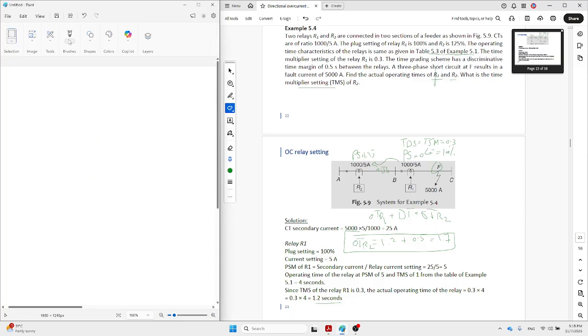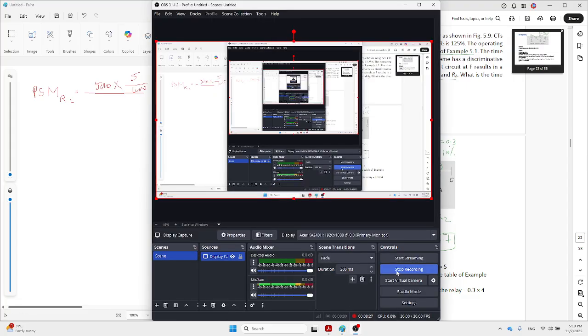We should find out the PSM for relay 2, which is the backup of relay 1, correct? For this purpose, we have to consider the fault current of relay 1, which is again 5,000 times CTR. CTR is 5 over 1,000, and then